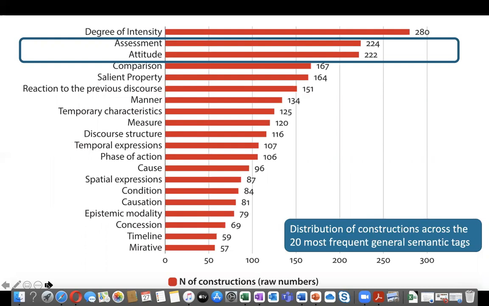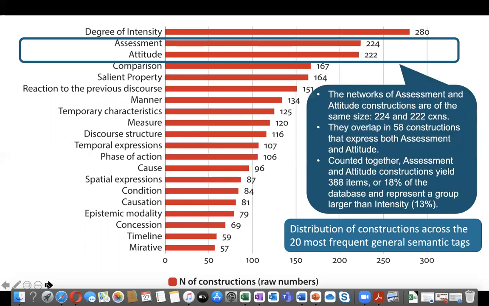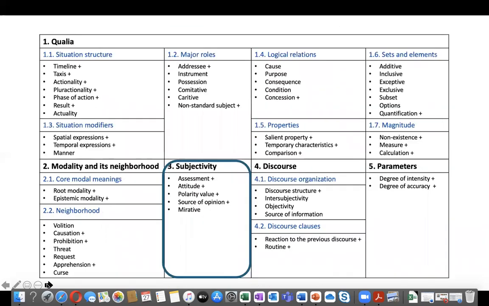each of those networks. And because the assessment and attitude constructions overlap in 58 constructions that express both assessment and attitude, altogether, assessment and attitude constitute 388 items, or 18% of the entire database. And that makes this group actually larger than even that very largest group, which is the intensity constructions. So then here is an overview of the general semantic tags, so that you can see that they also have some semantic organization here, and the